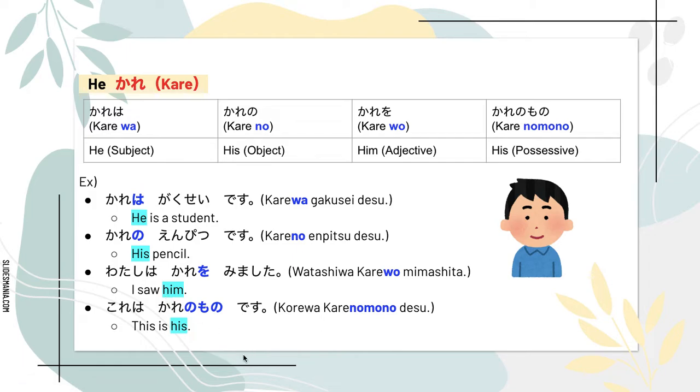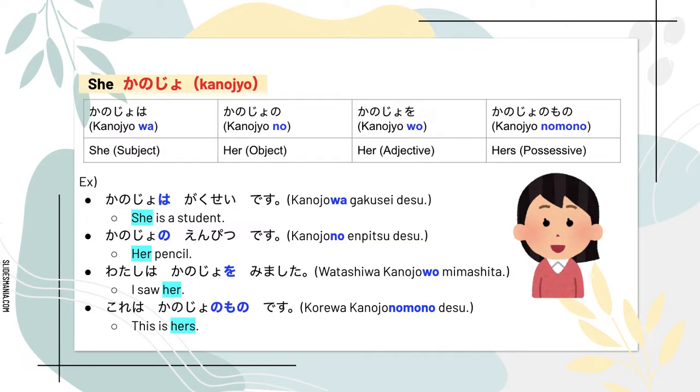The last example is going to be the possessive sentence. This is his. His in Japanese is 彼のもの. So the example would be これは彼のものです。